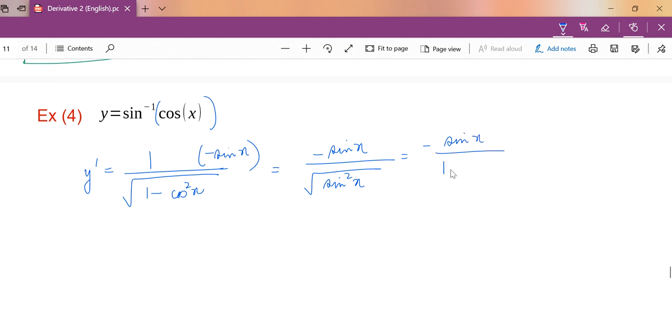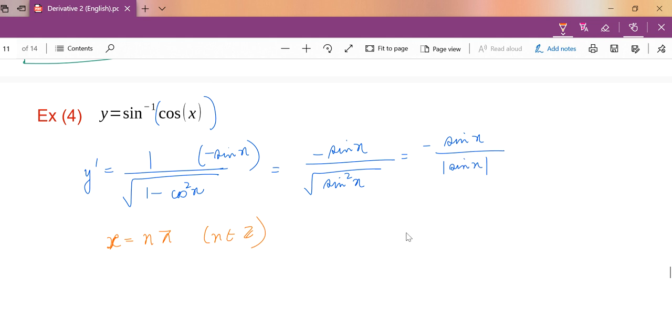Exactly, modulus of sine x. Okay, modulus of sine x. Now, whenever you get a modulus, you have to be very careful because that is what is creating problems all the time, right? The modulus function. Can you see that whenever sine x is 0, this is not defined, 0 by 0? And at what points is sine x 0? Whenever x is an integer multiple of pi, this function is not defined.